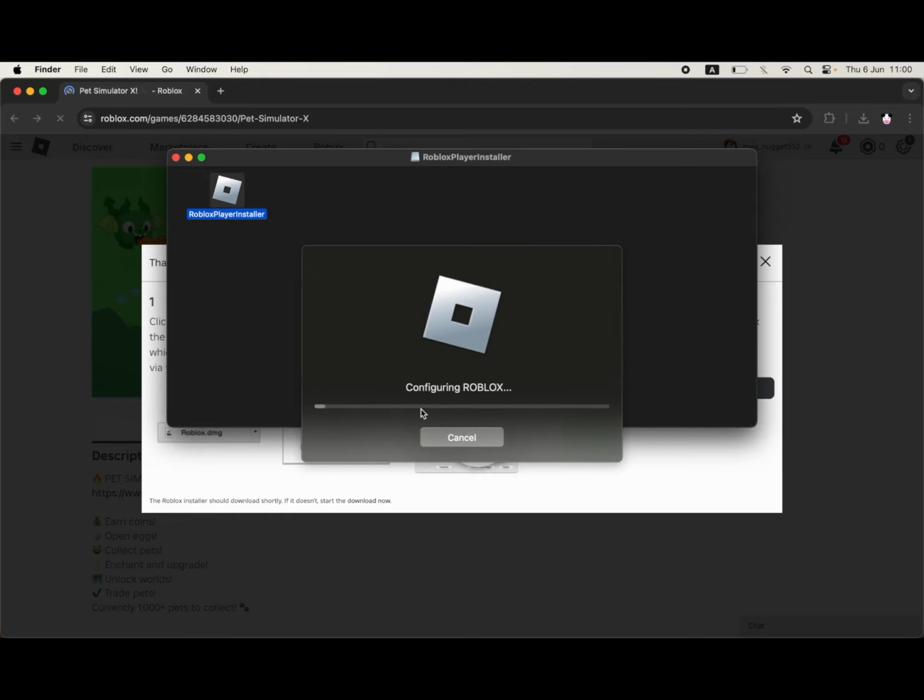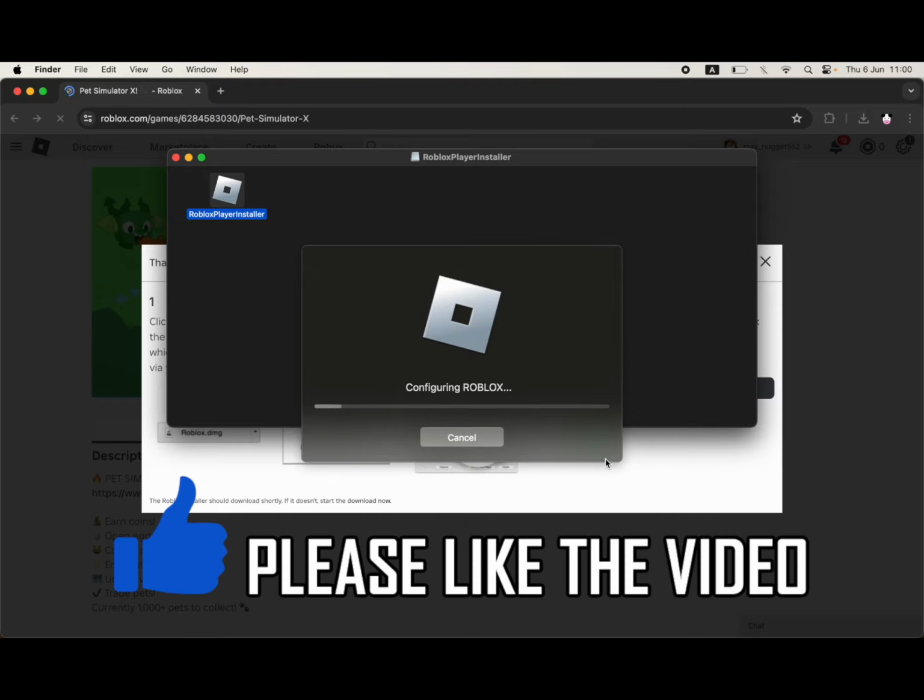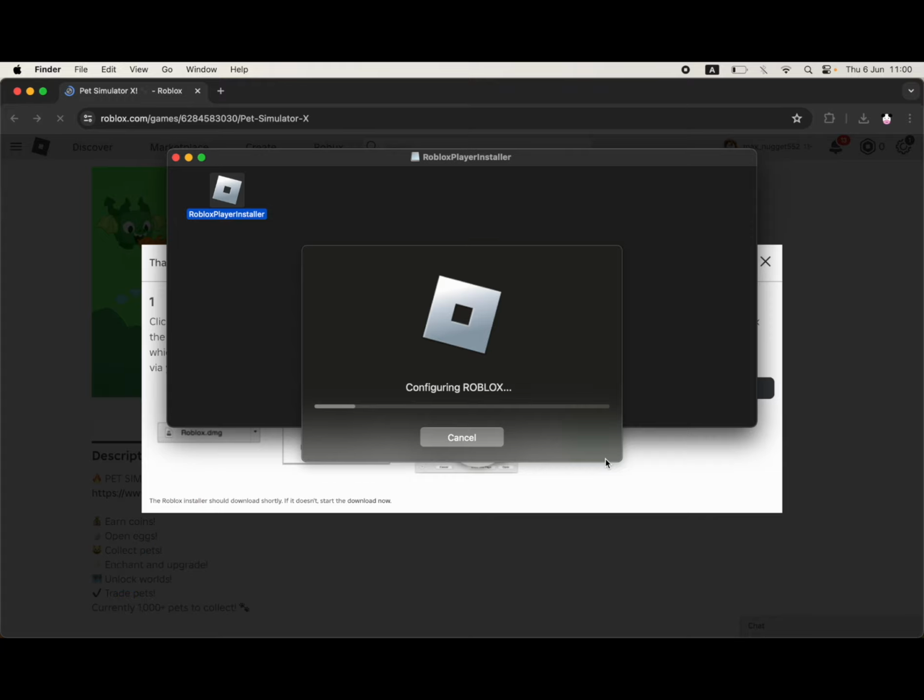But either which way, eventually you get this loading screen. It will eventually download, then you'll have the updated version of Roblox on your Mac and you'll be able to